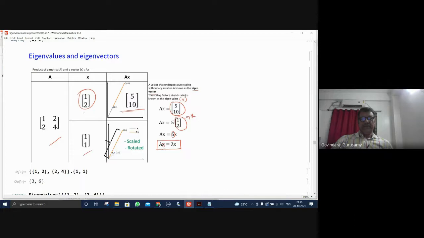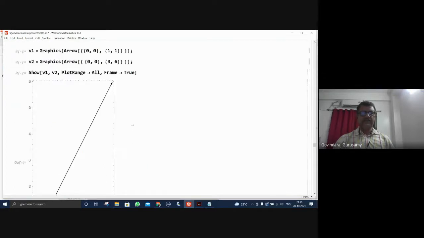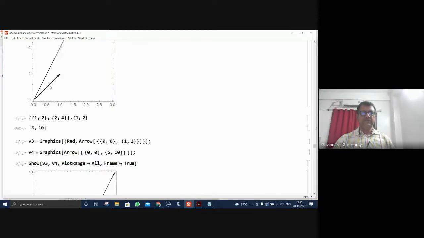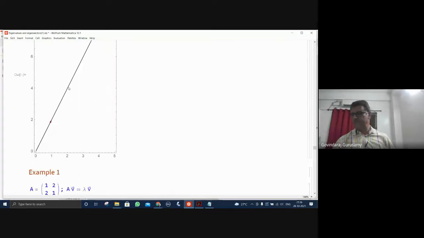It becomes 1 by 1, 1 and 2. Column is 1, 2. See? Now this is the eigenvalue, this is the eigenvector. So x is column vector 1, 2 for this matrix here. Here it is completely different. It is scaled and rotated also. So therefore, that's not the complete eigenvalue, eigenfunction equation. There is a shift and a translation. Whereas here it is having the same direction, only with the scaling factor. So that is the reason why we will be getting this. This can be verified, and we have plotted here to show this V1, V2, this with a shift, and this is just by changing the scale.